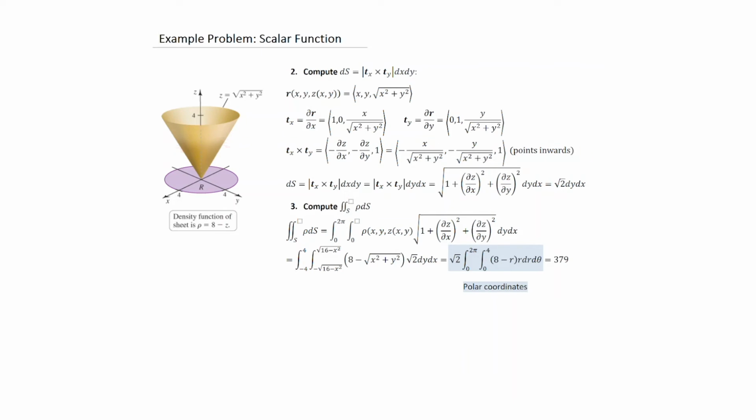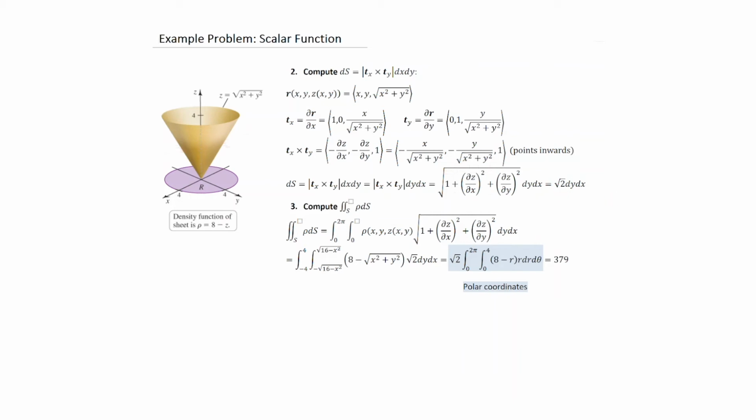So next thing then is to put things together. The magnitude of the differential surface area is just the magnitude of t_x cross t_y dx dy. You could also write it as an iterated integral, and we will see that in fact it's preferable. In fact, the only way to do the integration is dy followed by dx. And so if you plug in the expression for the magnitude of t_x cross t_y, and if you put in the partial z partial x and partial z partial y expressions, you'll find this just becomes a scalar constant, square root of 2,